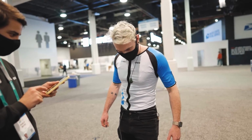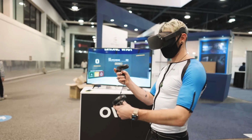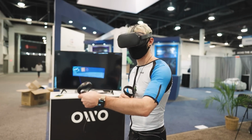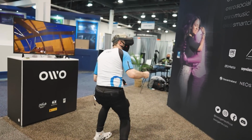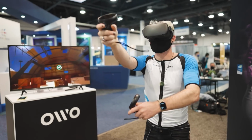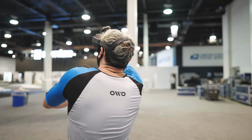Probably one of the craziest things I've ever felt, but it's not just an electrostimulation suit on its own. It fully works within virtual reality, and that's where the real craziness starts. Being in a game and getting shot from all angles, or feeling a jolt of electricity down my arm when blocking a shot from an enemy, was very intense and probably one of the most immersive things I've ever done